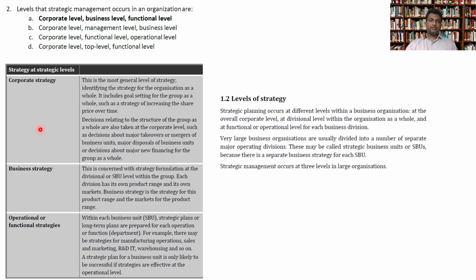So if you look at these decisions, these are the levels of the decisions. This is not a decision taken by a group of people where corporate decisions are taken and another group of people takes business strategy. No, it's not like that. Sometimes all three levels of decisions will be made by a set of people who are common to all these three levels, right? So this is about the level of the decision.